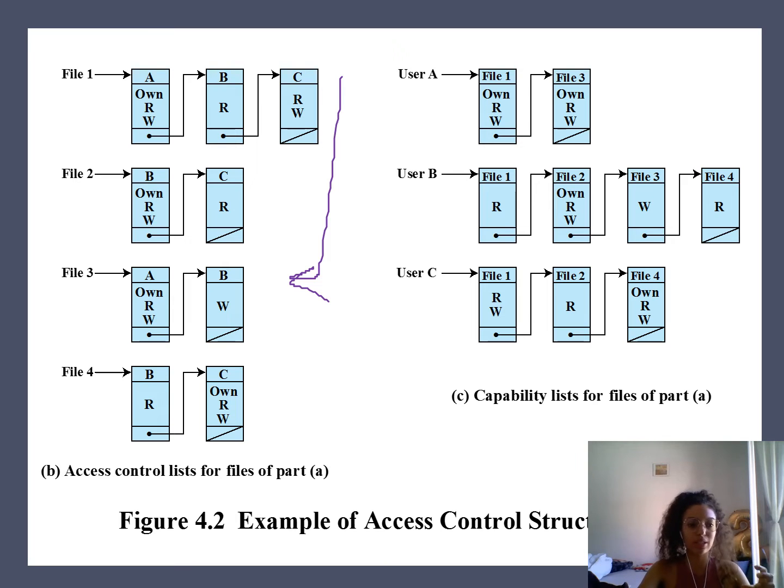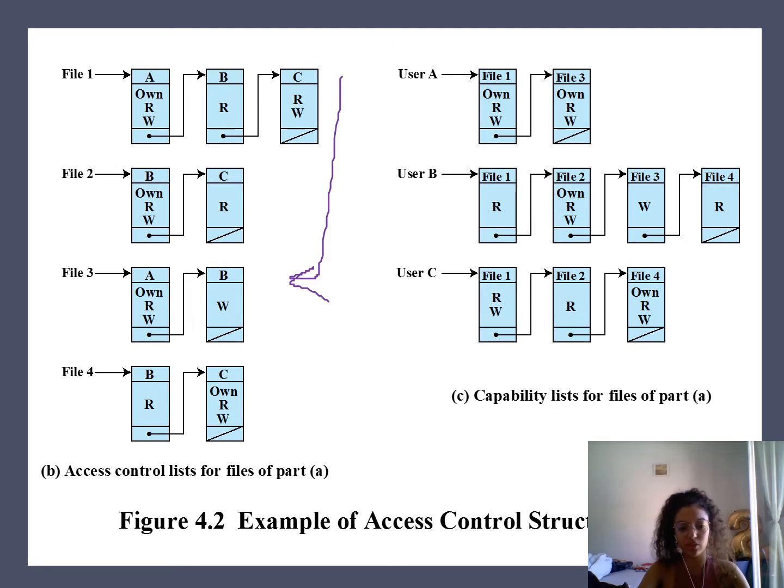When it's desired to determine which subjects have which access rights to a particular resource, ACLs are pretty convenient because each ACL provides the information for a given resource. However, this data structure is not convenient for determining the access rights available to a specific user. So